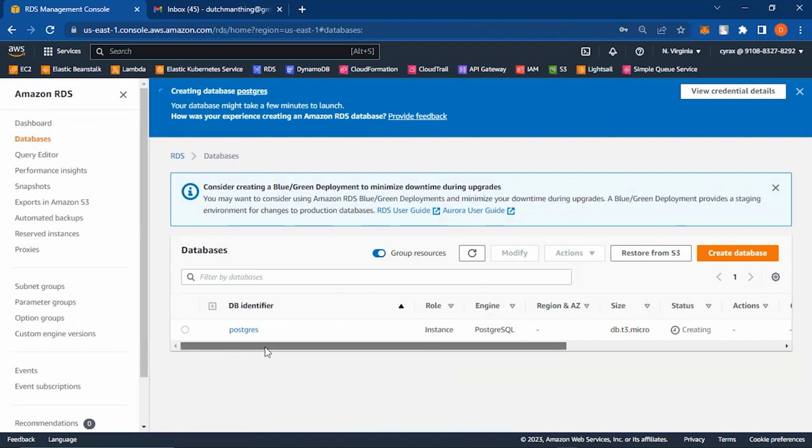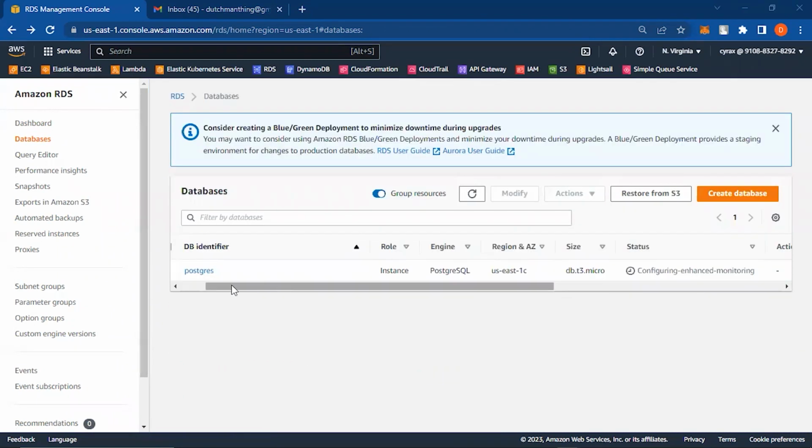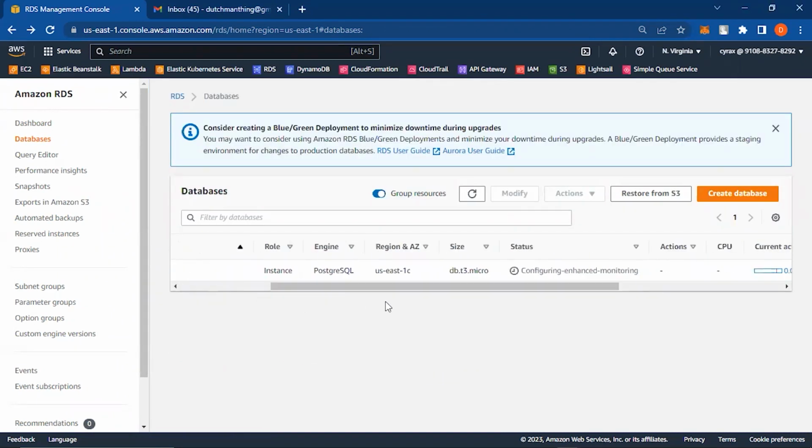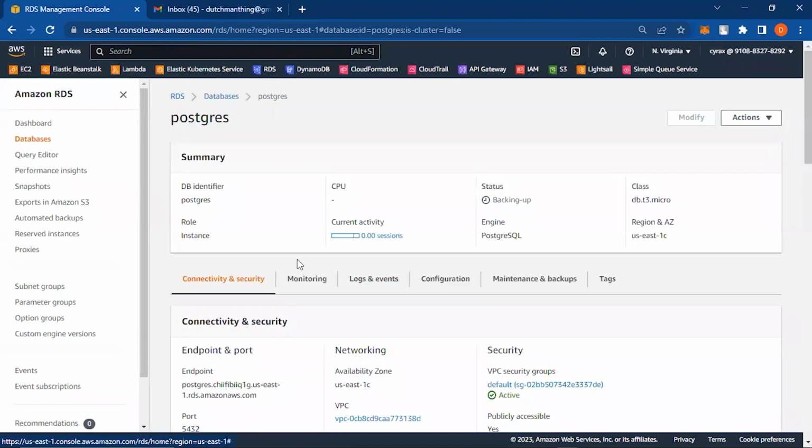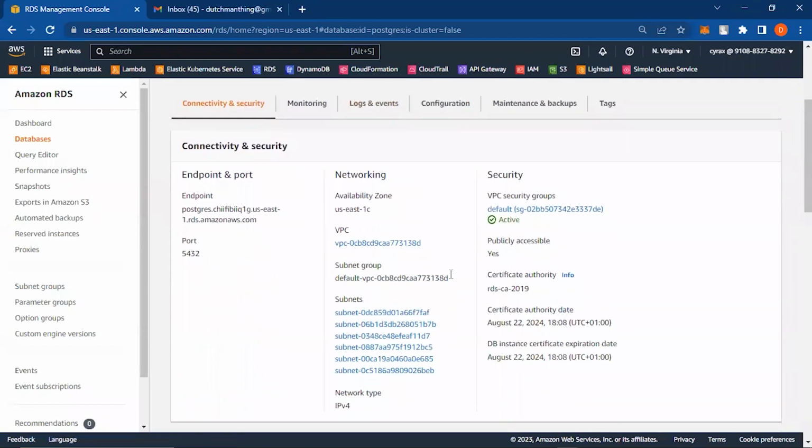So as we can see, it's creating a database. All right, so the status has changed from creating to configuring enhanced monitoring. Let me refresh, and now it's backing up. So while we wait for this to complete, we can click on this Postgres instance, and then what we want